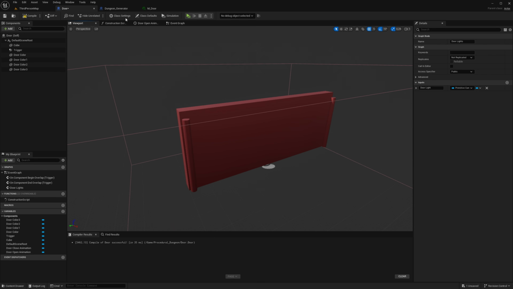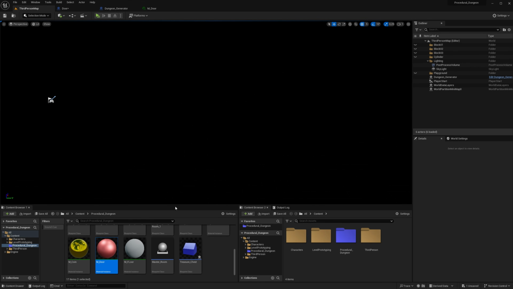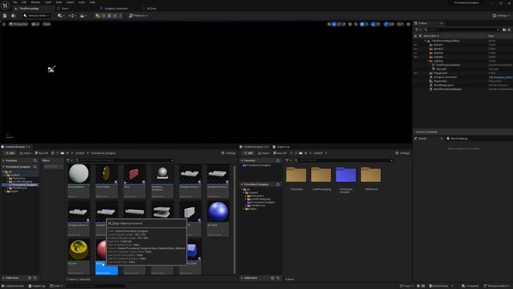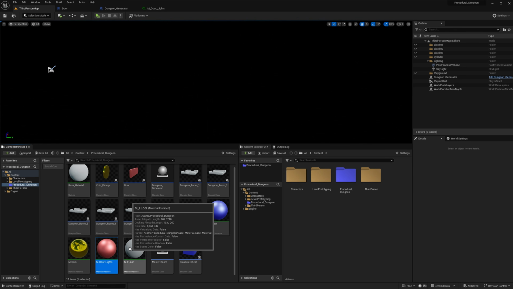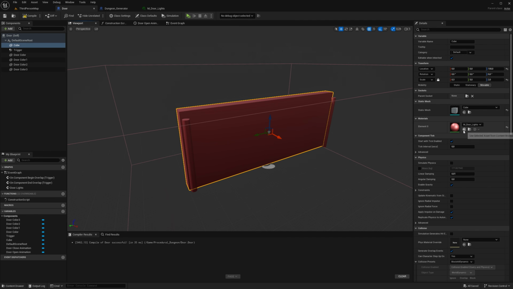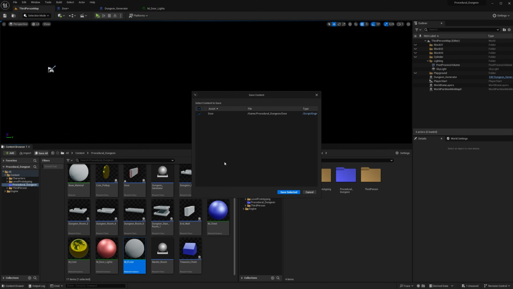And of course we don't want the door to be red, so go back here into this material, call this door lights, and then maybe we can just put the floor material on the door just to begin with. Compile it, and save everything, right?